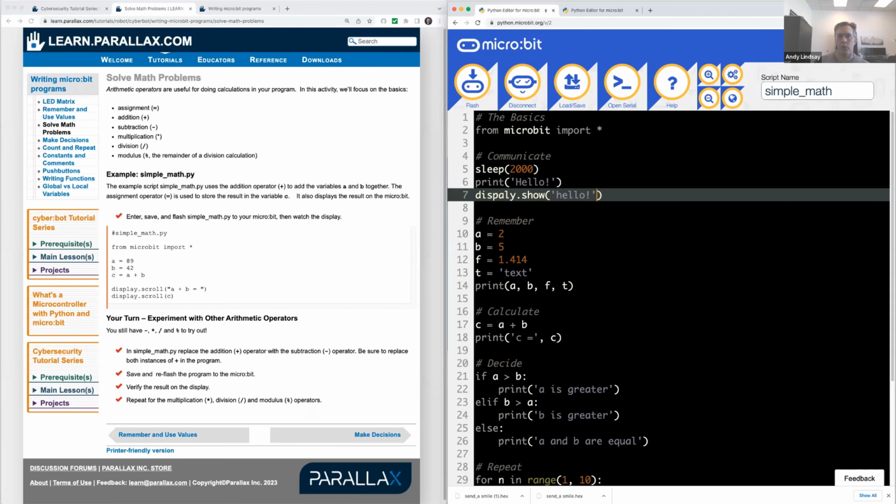It actually doesn't matter whether it's single or double quotes in this case. Either one creates a string. If you need a string within a string, in other words, if you need to display these characters, it's convenient to enclose them in double quotes, like so. But for our purposes, that should work. So if I flash it,